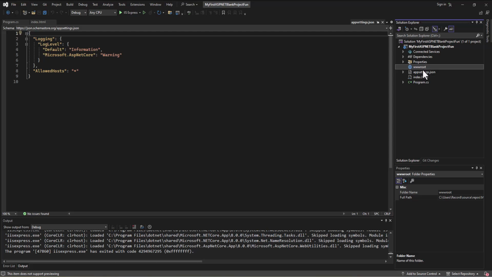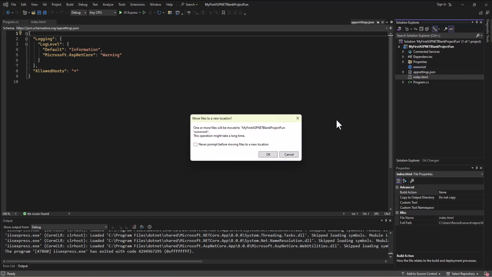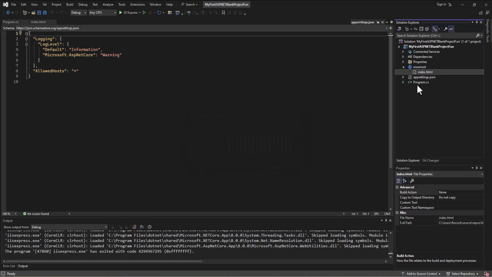So now if I take my index.html file and I drag it up and drop it into my www root folder, it's going to say, hey, this might take a long time. It's not going to. I find never a problem before moving files to a new location. You don't have to do that, but I'm going to say okay on that. It's going to move the index.html file into the www root folder. And now when I run my app,